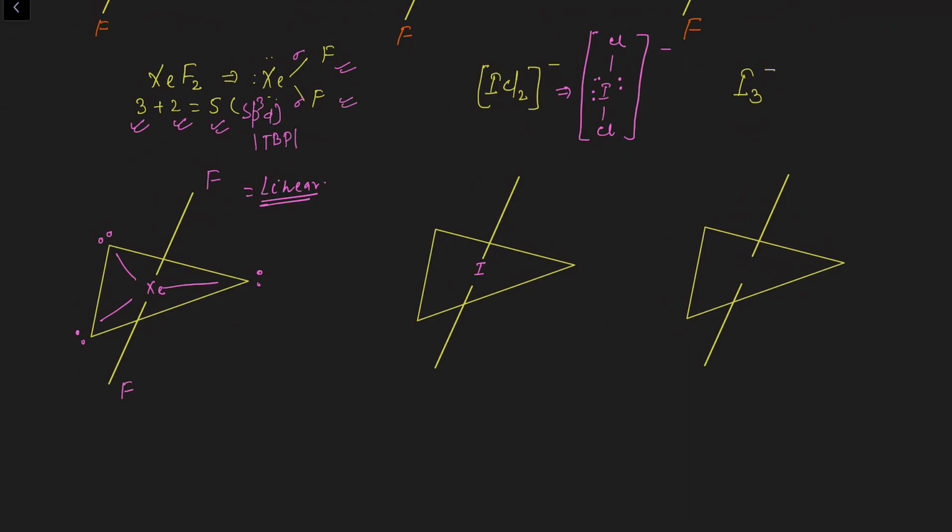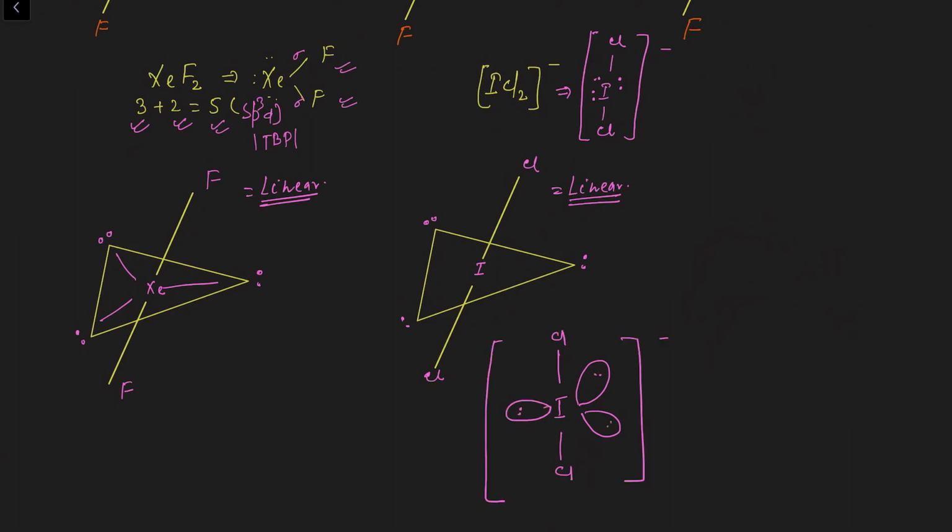So now check again. This chlorine will be on axial position. Why? Because 3 lone pairs will be on equatorial position. So again the shape will be linear shape. Correct? So if you want to draw the structure of this molecule, then this is the I, this is the Cl, one orbital of iodine, another orbital of iodine, third orbital of iodine. So I hope that everyone is understanding this concept. Thank you very much.